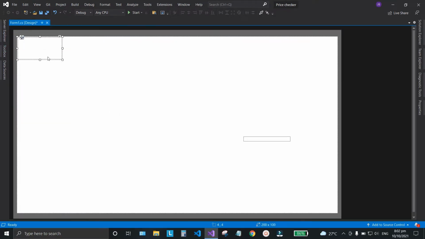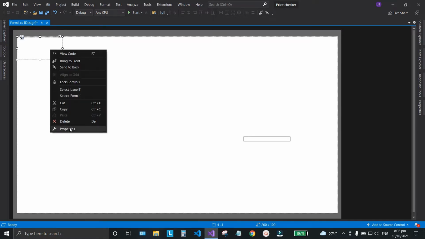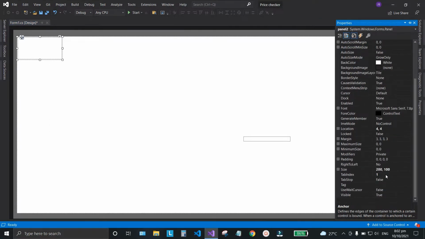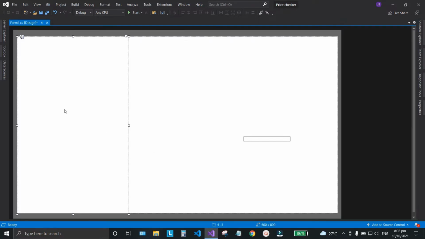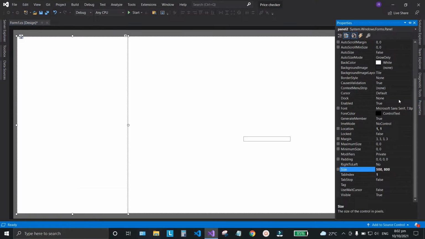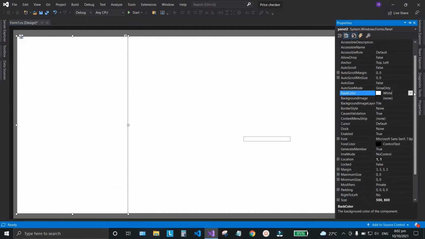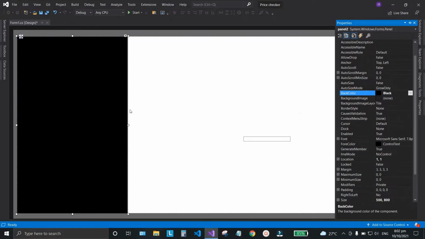So set the properties again of this one, change the size into 500 by 800, and then again align it, change the background color into black, this one, oops, there,